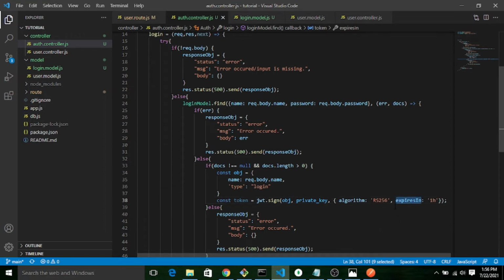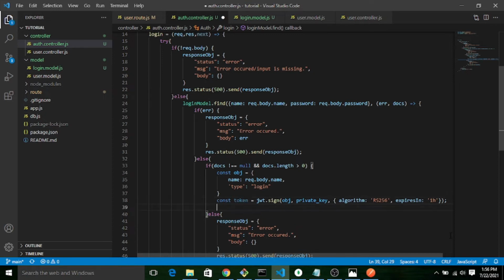This means within 1 hour, whatever token has been generated will be valid. After 1 hour, it will be invalid. That's the reason I set the timer. Within 1 hour only this token will work. Otherwise, you have to generate a new token.